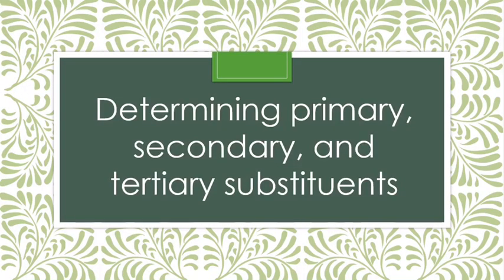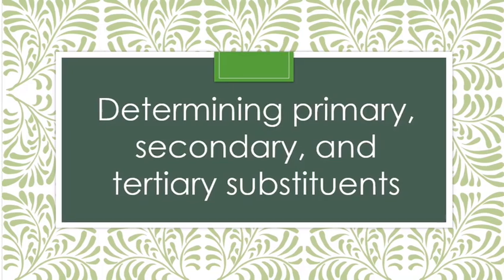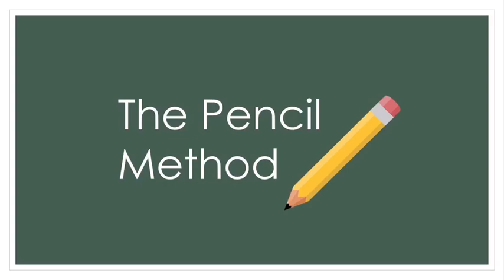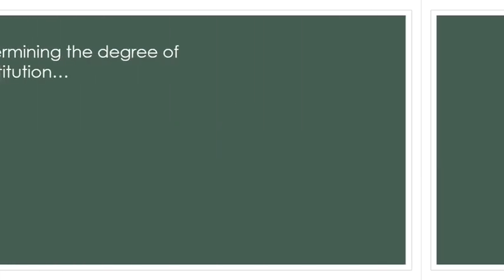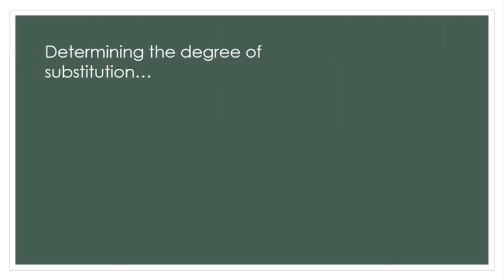Hey guys, today we're going to talk about primary, secondary, and tertiary degrees of substitution. We have this type of substitution whenever we have a hydrocarbon chain that has a functional group attached to it. An easy way to identify them is the pencil method. Determining the degree of substitution will come in handy whenever you have things such as alcohols, halogens, and other functional